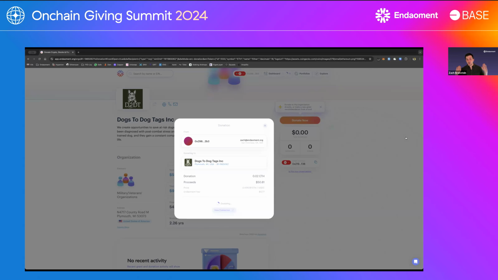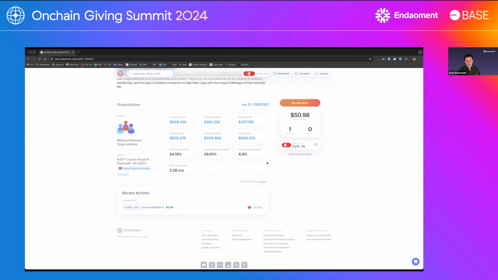That's it. So now in the background, what's happening is that funds are going from my wallet into the Dog Tag smart contract. They're being exchanged for USDC, which is a US dollar equivalent. You can already see the fireworks went off. The donation has completed. If I scroll to the bottom of this page, you'll see that this page is already updated with recent activity. This is my wallet, donated 0.02 ETH, which was $50.98,